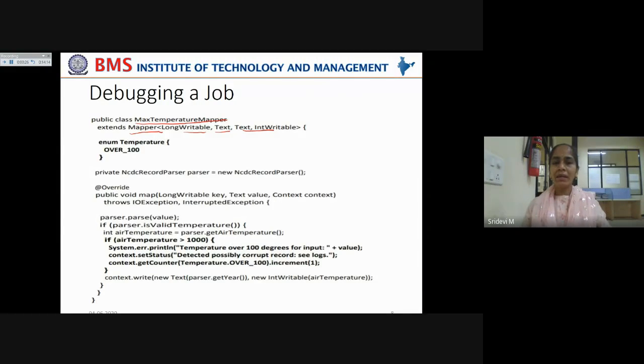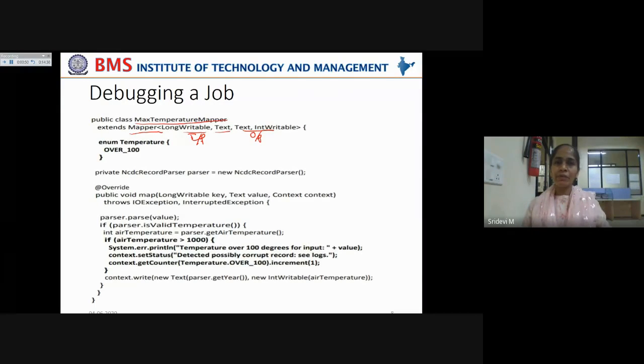LongWritable and Text is the input split, which has the file offset and the entire input split from which the year and the temperature have to be extracted, right? You remember that? For that, it is taking LongWritable and Text, and this key value pair is for the output.